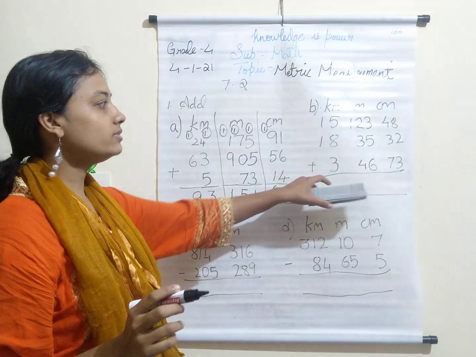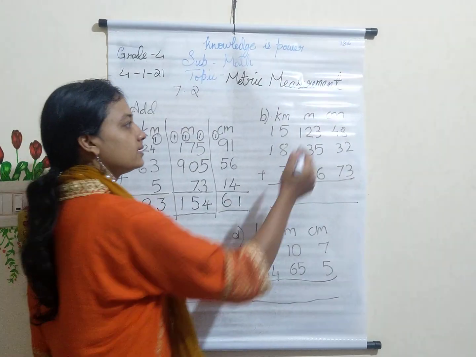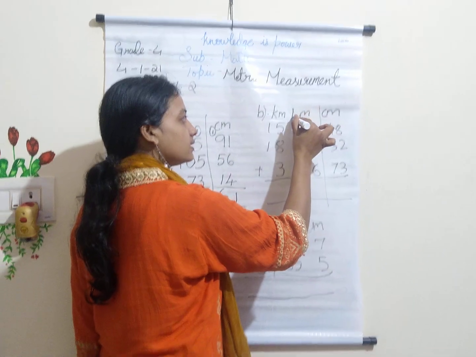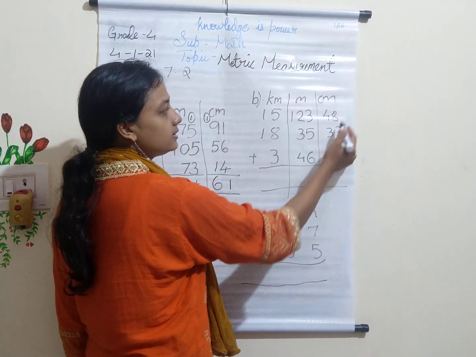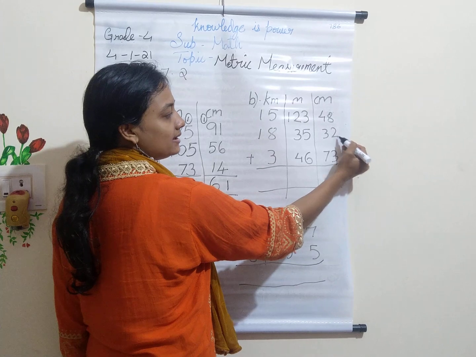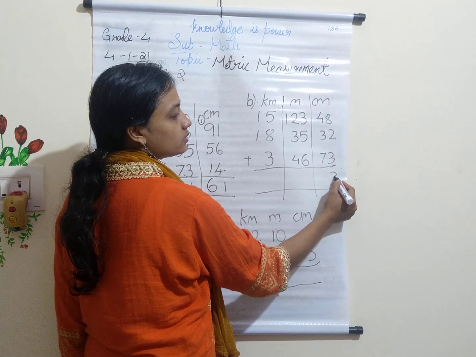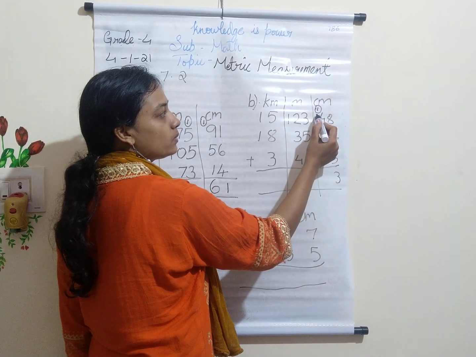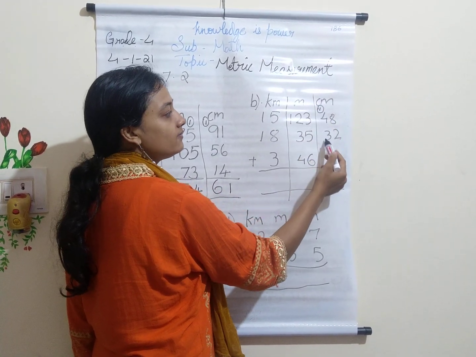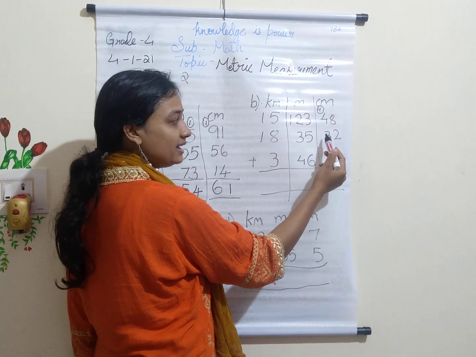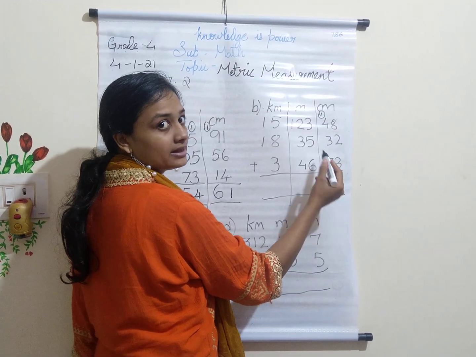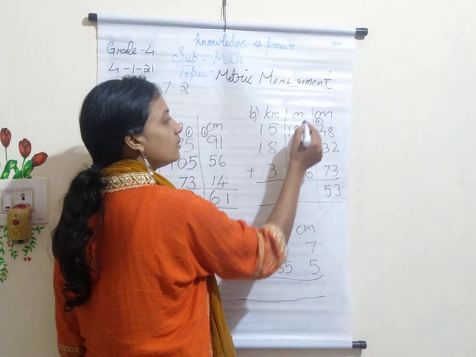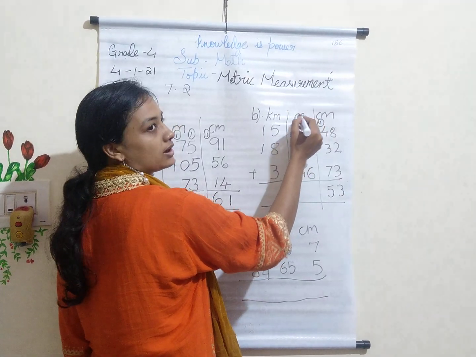So one more, we will try the sum B here. So keep your columns separate and add from centimeters. 8 plus 2, 10. 10 plus 3, 13. So 3, 1 carry. 4 plus 1 will be 5. 5 plus 3 is 8. 8 plus 7 is 15. 5, 1 carry to the meter column.